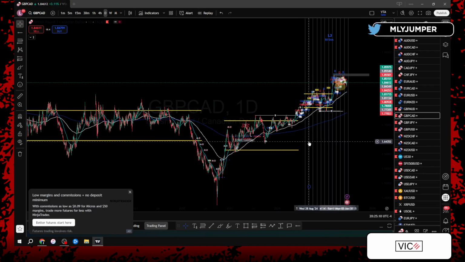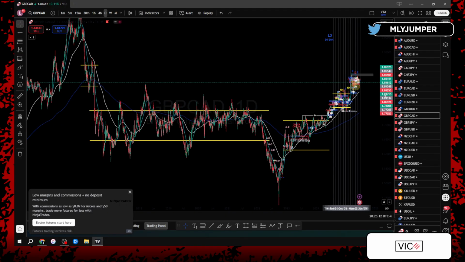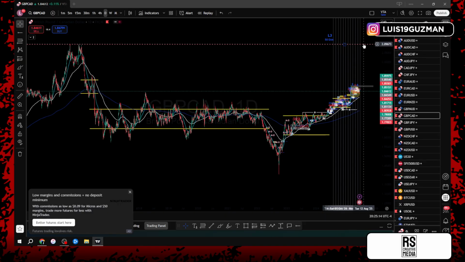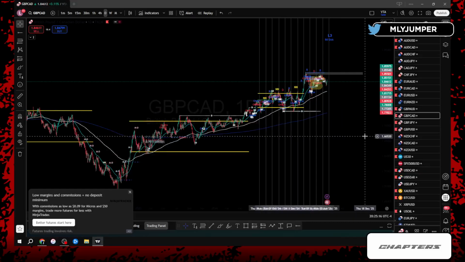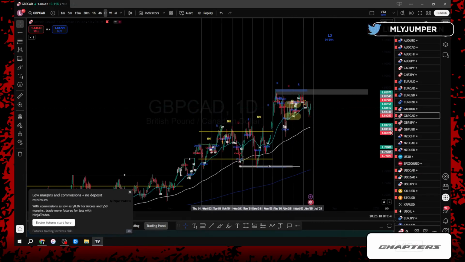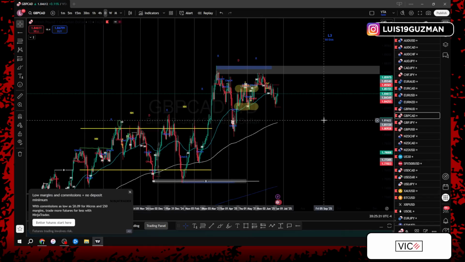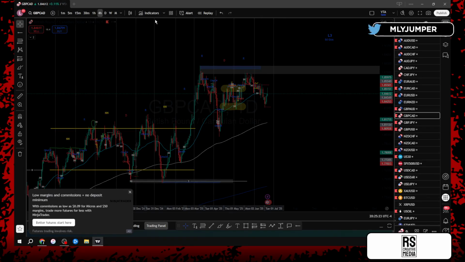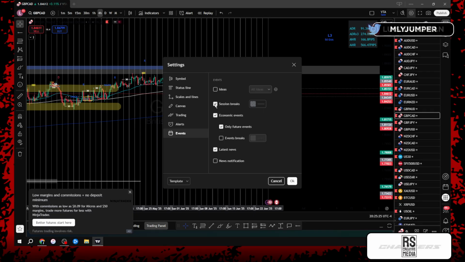So GCAD, we are in level 3. We're still in an uptrend and we're still good to go. We still have a long way to go to the previous peak high territory. Right? We're still in a higher high. We are still in an uptrend, which is good. No continuations on the daily time frame.